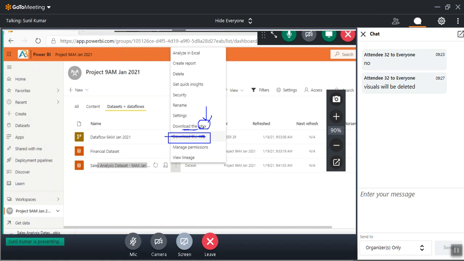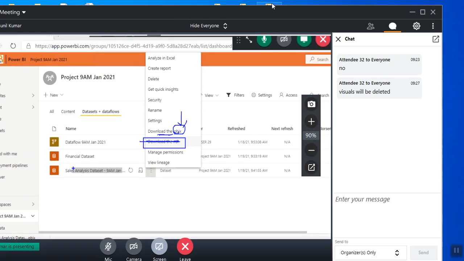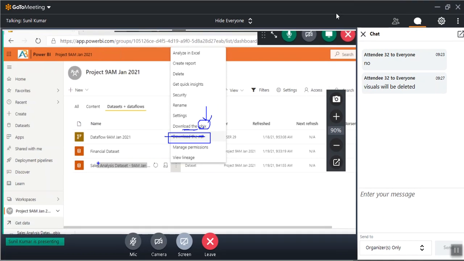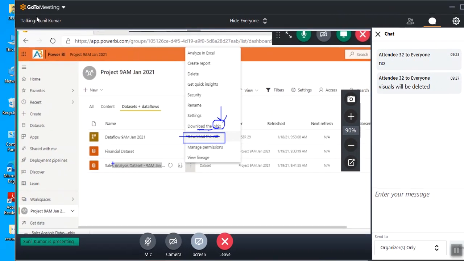So we'll deal with this. The RDL is related to the other software, Power BI Report Builder, which helps us create paginated reports. When you create something and publish it, you will get the RDL file extension. So ignore it for now.